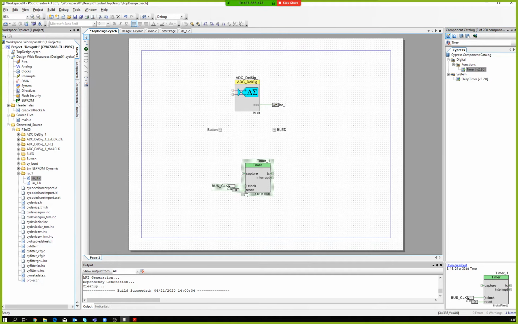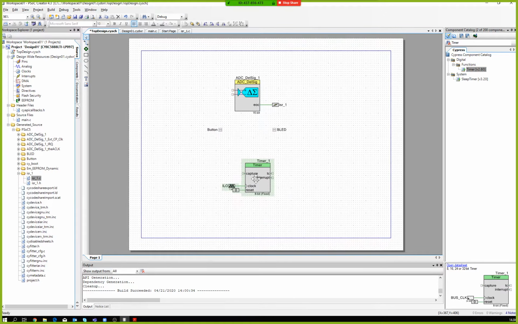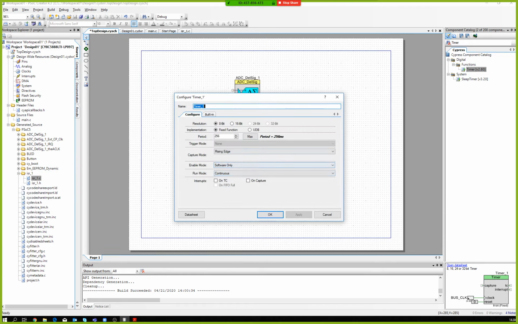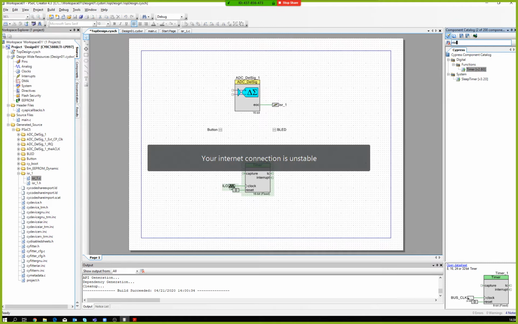You add a timer, for example a low 1 kilohertz clock rate timer, and make the period 500 milliseconds, interrupt on terminal count, apply. Okay, then hook up again the